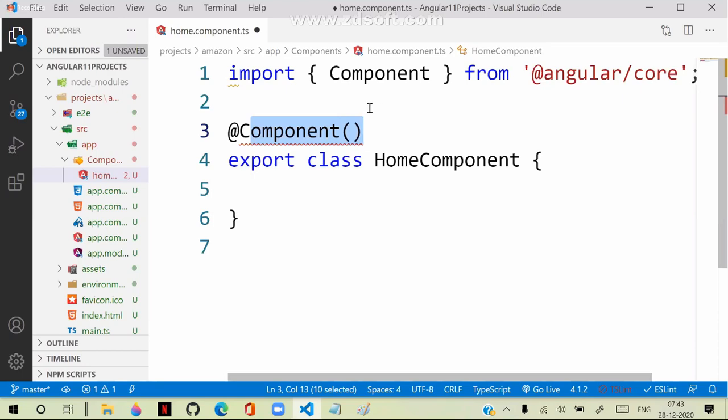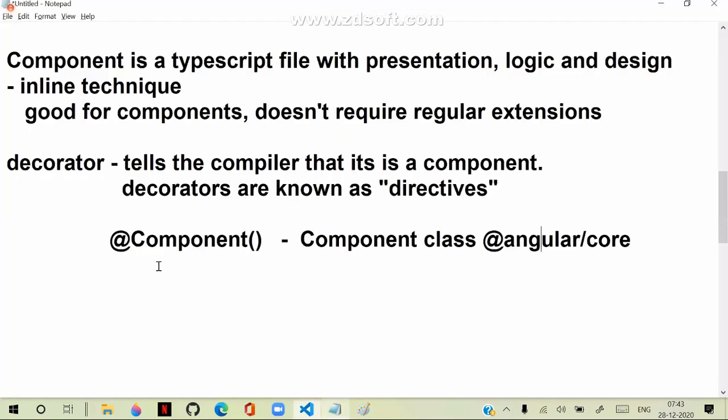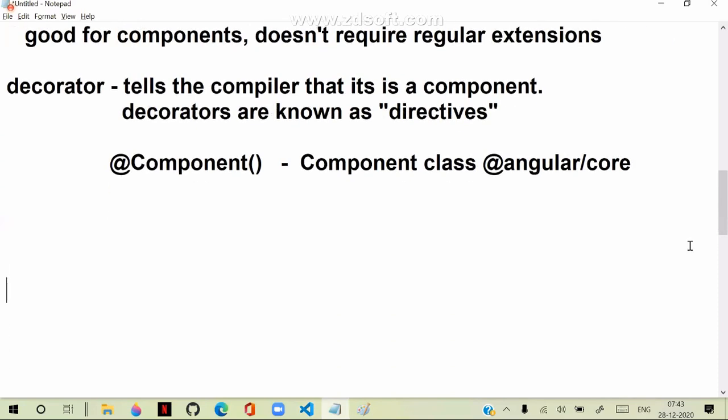A lot of metadata is present, and we will see what it is. Usually the Component directive contains metadata, which is information about your component, like property and value.